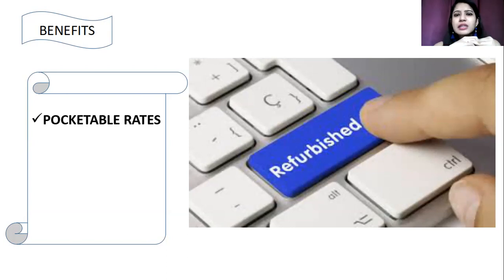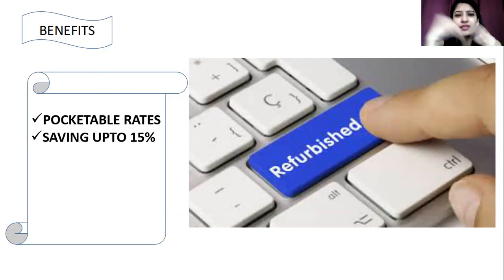Now, what does this mean? This means that once a gadget is pre-owned, the market price of that particular gadget is reduced, and you get to have that gadget at pocket-friendly rates. So that's also an advantage. And if you have pocket-friendly rates, then you can save. We know that refurbished products have pocket-friendly rates and brand new products are slightly expensive, so there is a difference in pricing, and you get great savings.